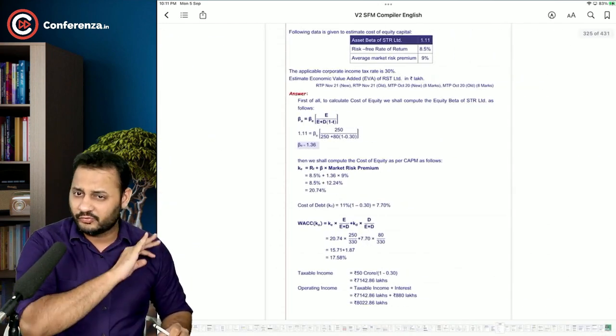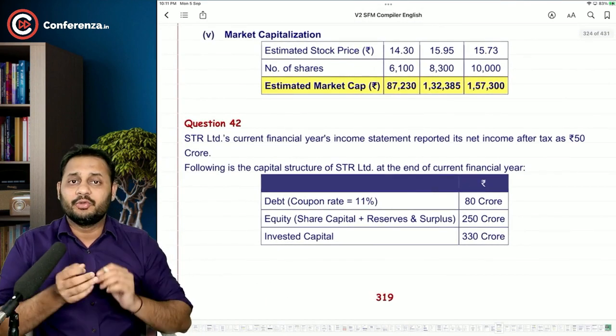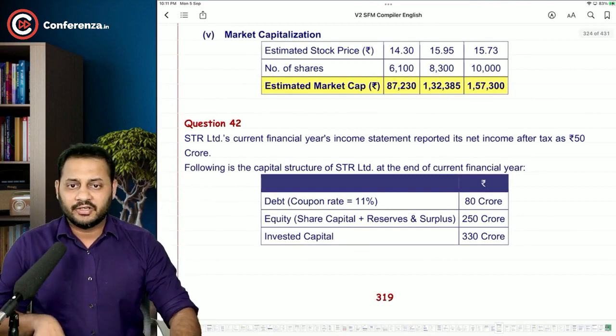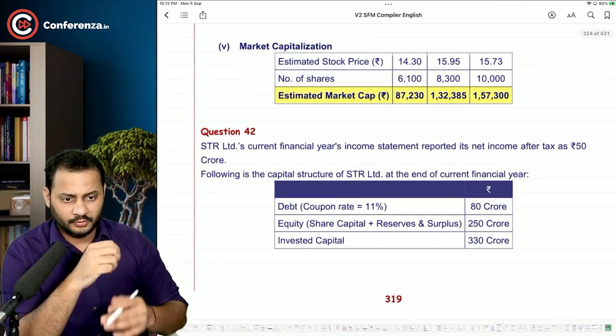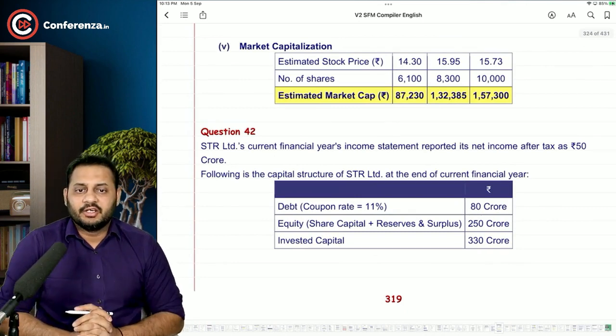42, 43, 44. We are going to finish the chapter. Now, this is an interesting question where we are going to use the geared and ungeared beta. So have a look. STR Limited's current financial year income statement